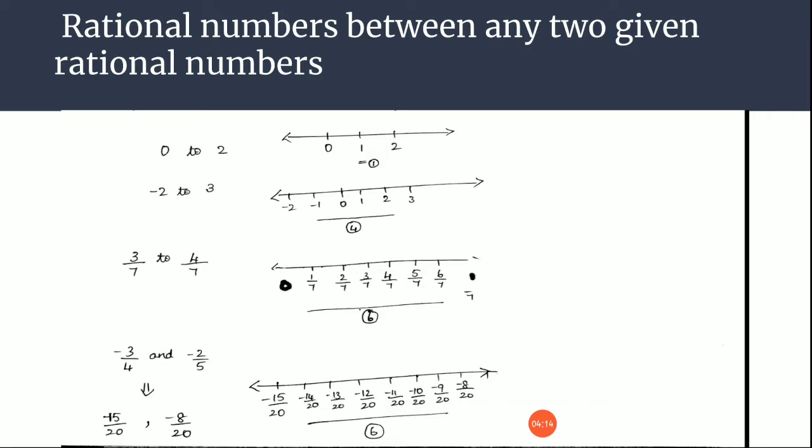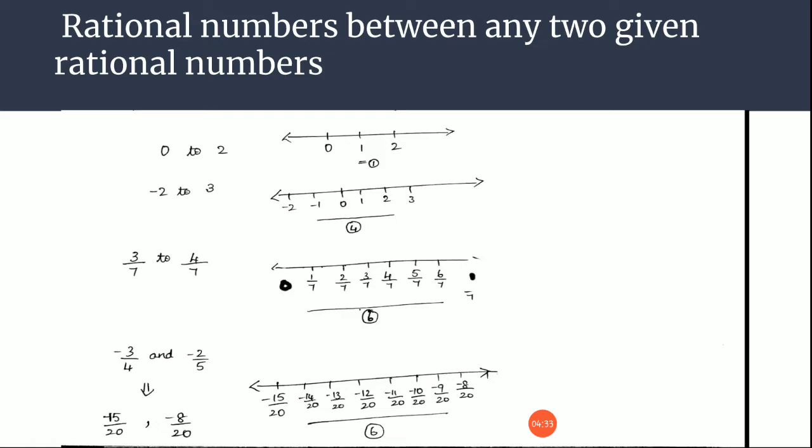So no one can generally say that there are only this many fractions in between them. If you want to convert it into 100 equal parts, that is, if you want to divide 0 and 1 into 100 equal parts, it is possible. If you want to divide it into 200 equal parts, yes, it is possible.